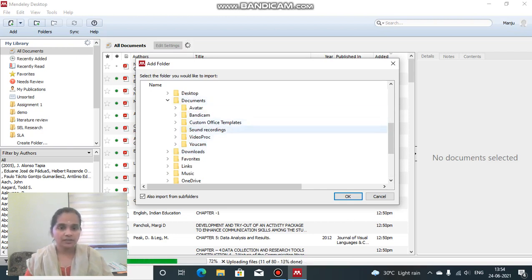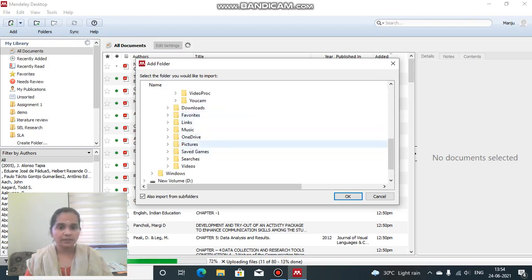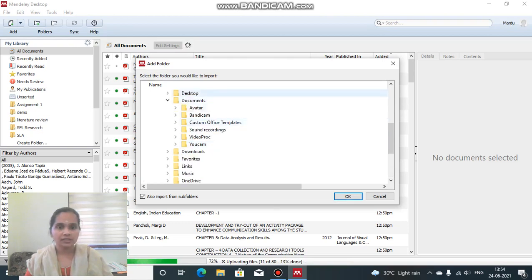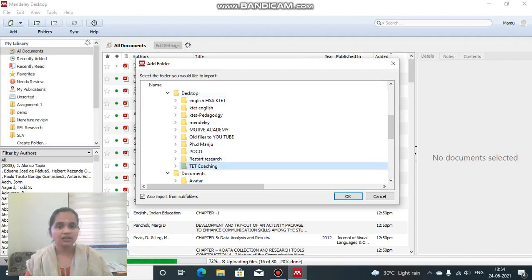For example, I will show you, if I click on this desktop folder, you just double click it so that you can view the other folders inside the desktop, or on the desktop you can see so many files here. So if you want to add some particular folder to this, you just click on it and then click OK.